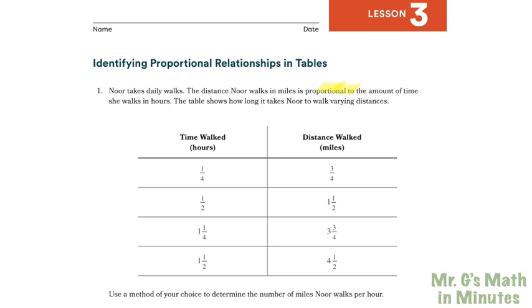per hour. So we need to figure out what is the constant proportionality. That constant proportionality lets us know what is her unit rate. So constant proportionality is the same thing as a unit rate. It breaks everything down to 1. So for us to find that constant proportionality, we're going to look at our first row and act like this